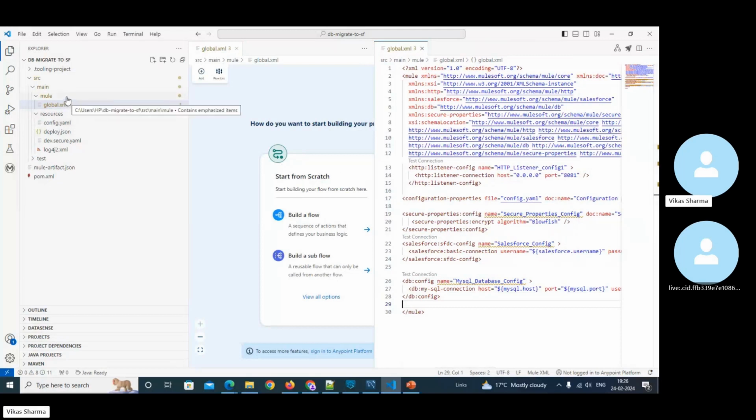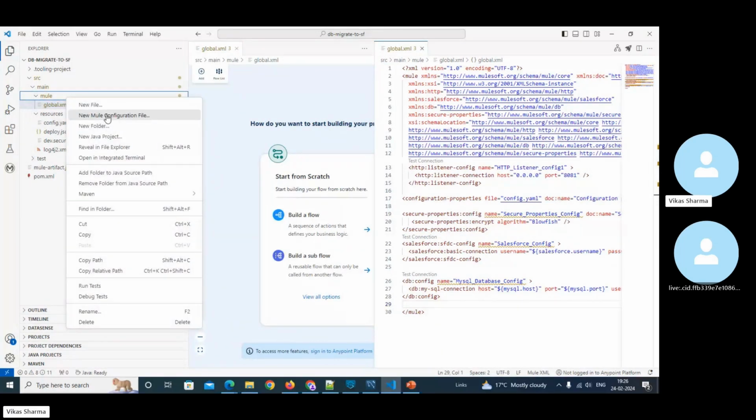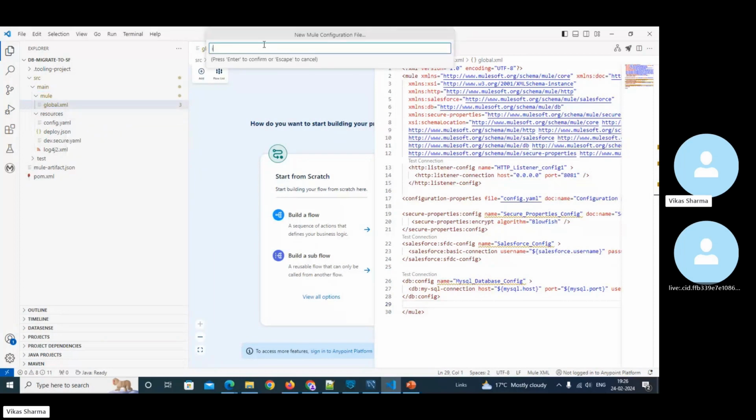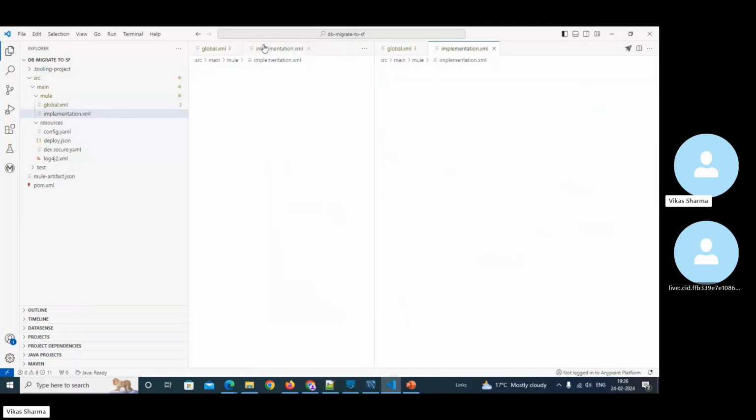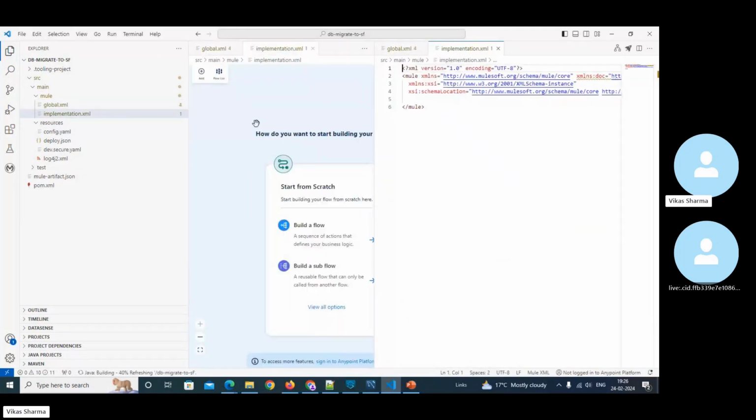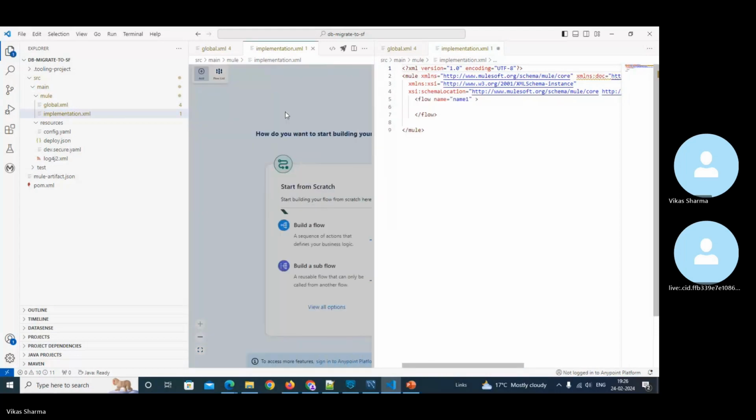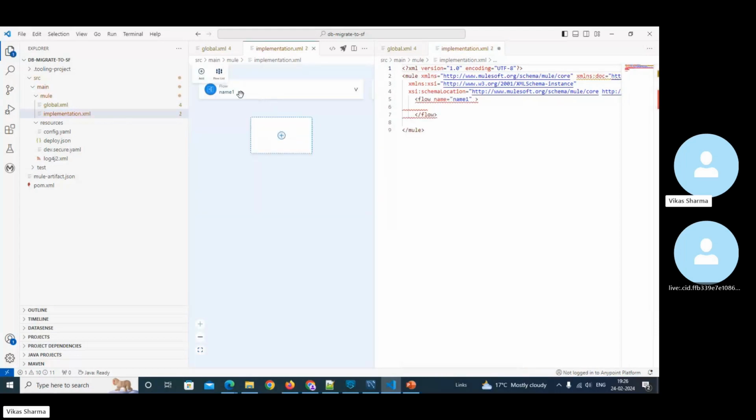Now I'll be creating one more Mule configuration file, which I will call Implementation XML. You can see that we can create one or more configuration XML files, and we can divide our project into more manageable pieces here. Okay, here I'll be creating a flow, which I will call db to